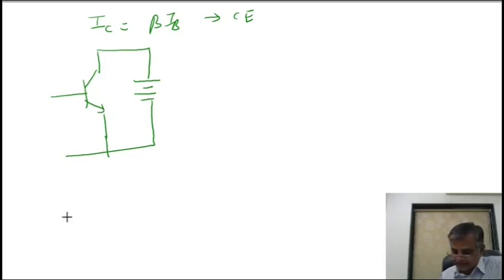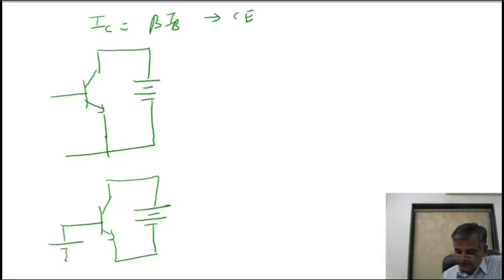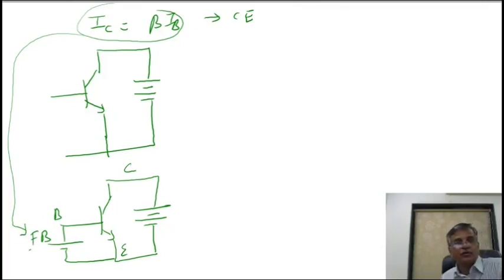This is your collector, we have connected like this. Again I am showing you, this is the base in forward bias, base, collector, emitter. This equation holds when the base is kept in forward bias, so this much value of the collector current will flow here. Due to this forward bias, the collector current flowing is beta into IB, that I have written here.